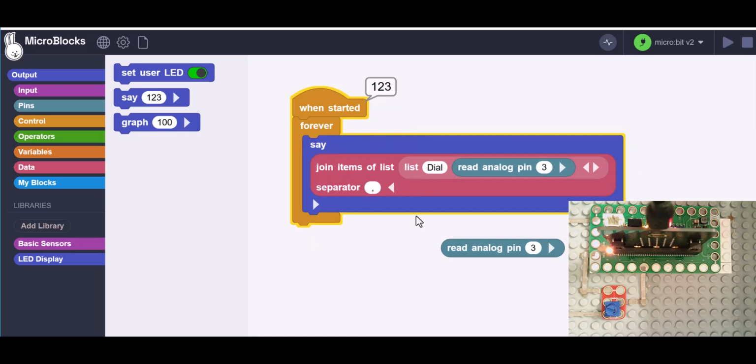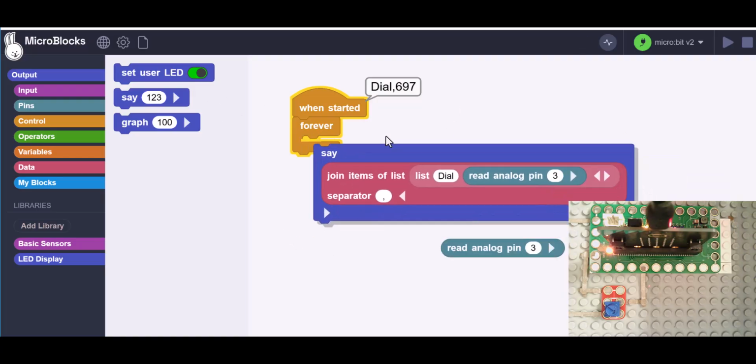And if we do that, then we see that we have a list consisting of the word dial that's read by the when I receive command at SNAP, and then the second item of the list is the output of the potentiometer. So now that we've verified that the potentiometer is working, always a good idea before going any further,